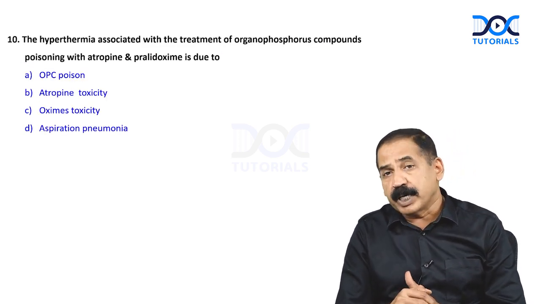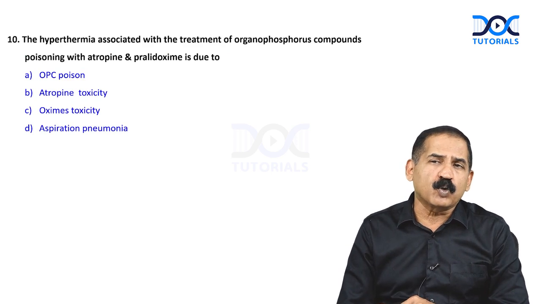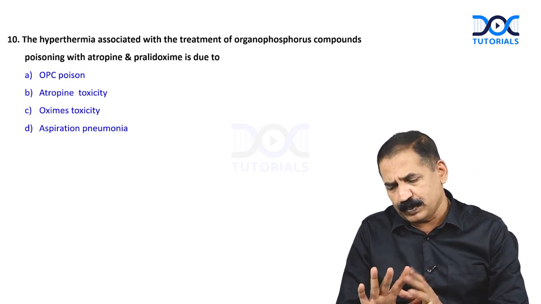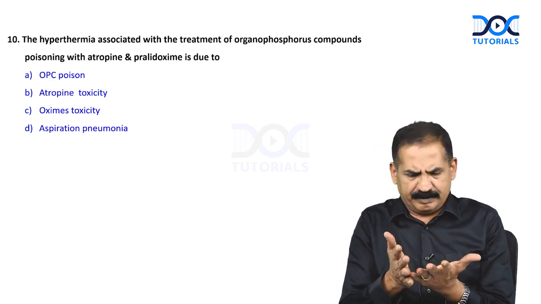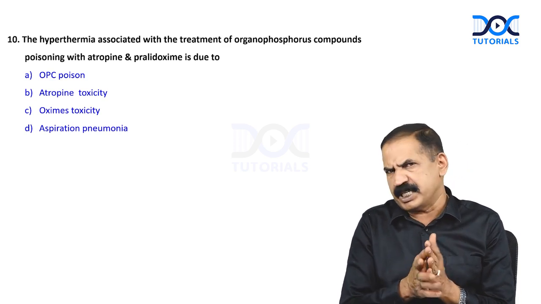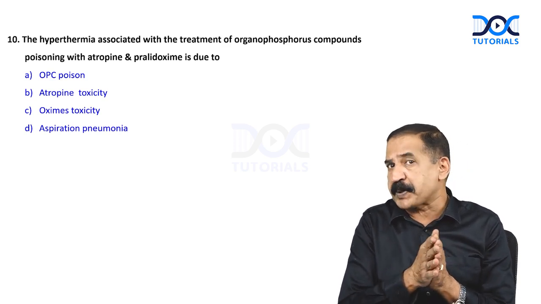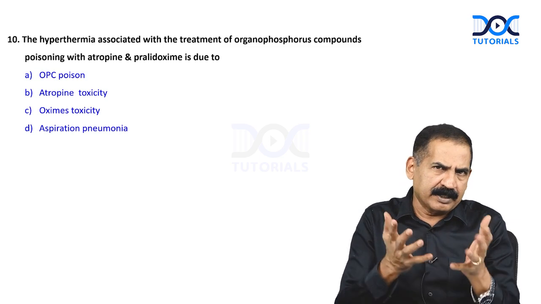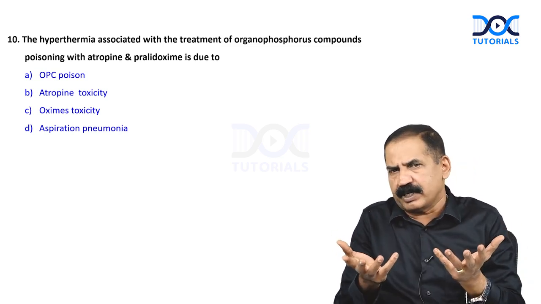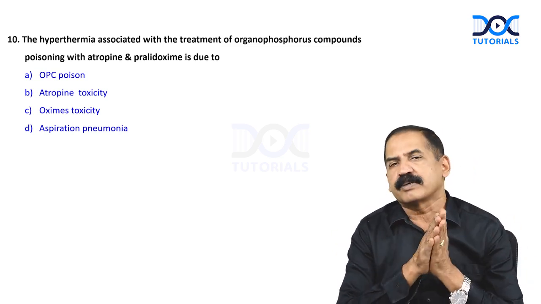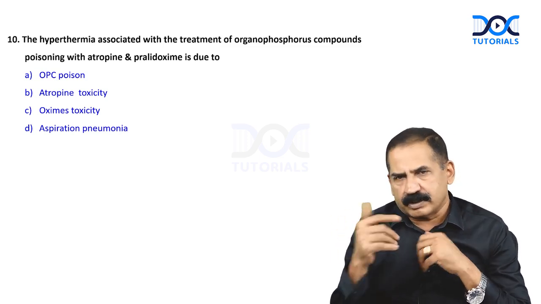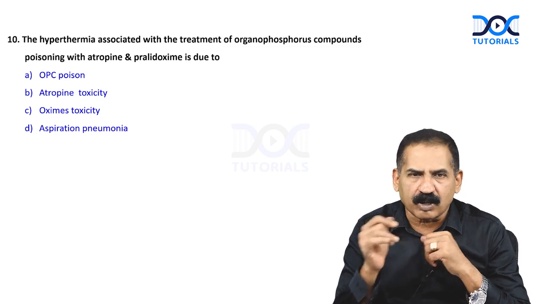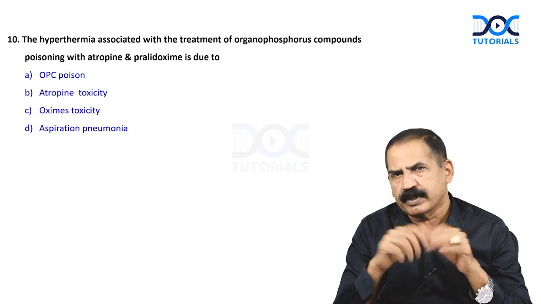Coming to number 10. The hyperthermia associated with the treatment of organophosphorus compound poisoning with atropine and pralidoxime is due to. This is not a very good question. Of course, aspiration pneumonia also gives rise to fever. And here I don't know exactly what was recalled by the student, whether it is an acute case or a bit subacute or chronic. But remember,